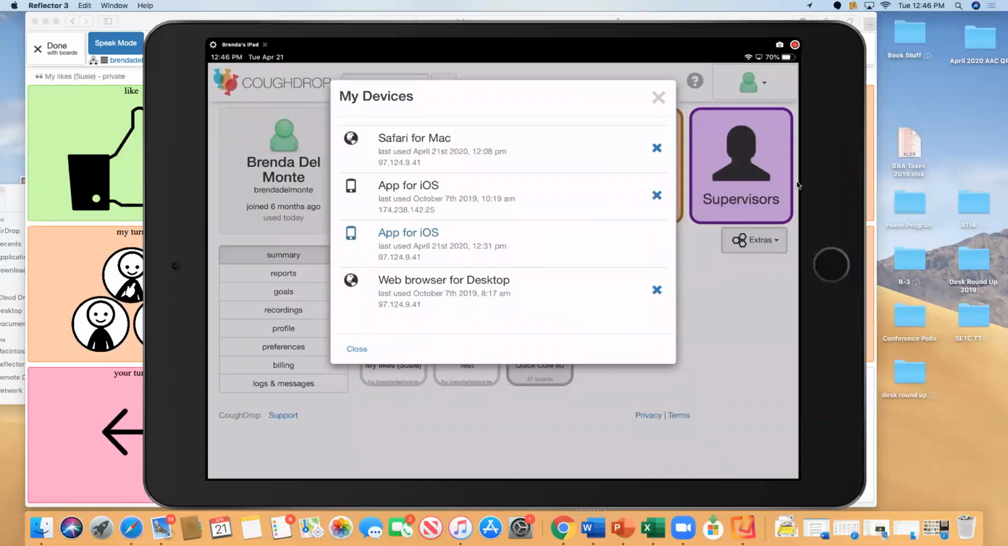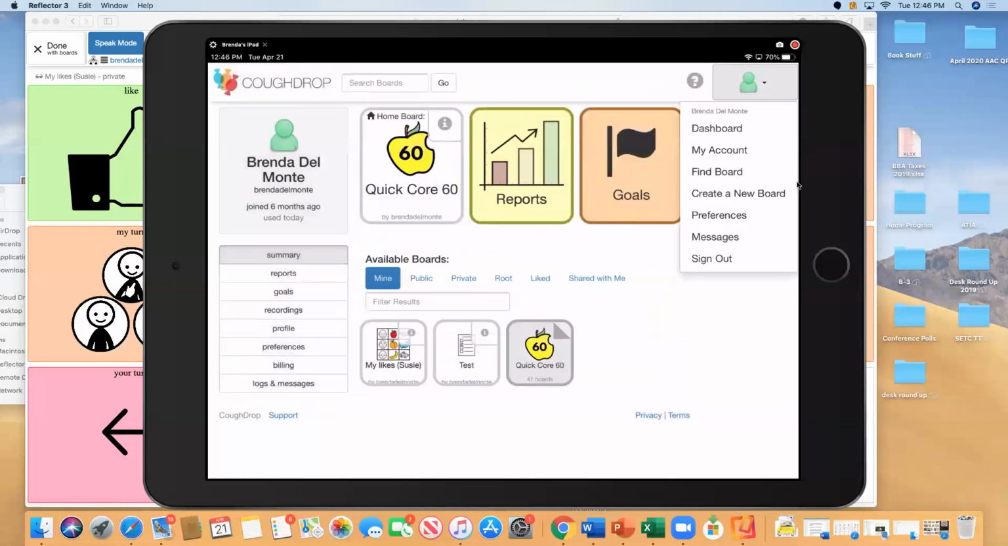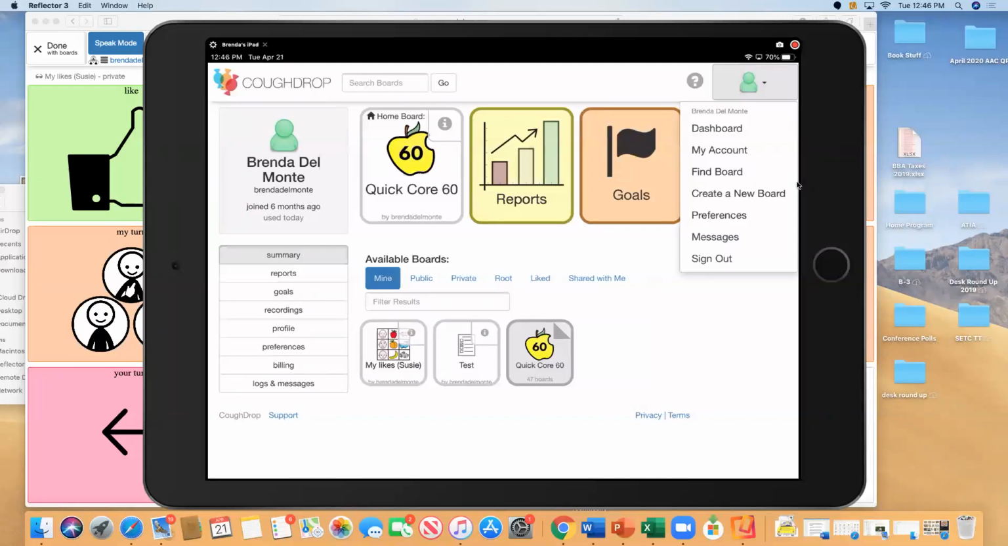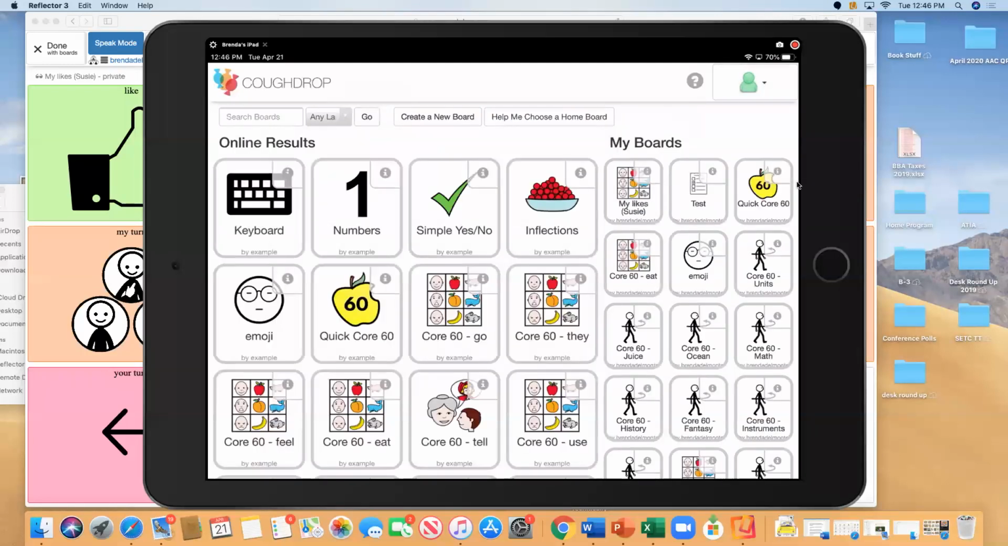Under My Devices, you'll see the different devices that are in mine and which ones have been activated. Under My Account, Find a Board, you'll see the online results, and then all my boards fall on the far right. So everything you want to do in CoughDrop can be done straight from the app if that's how you're used to doing things. And for that, I like it, because there